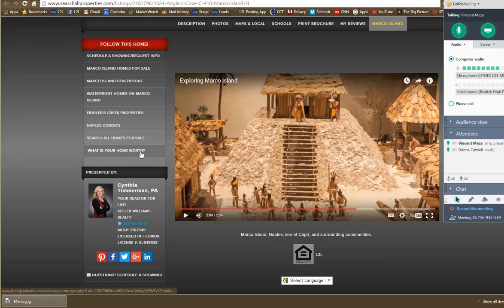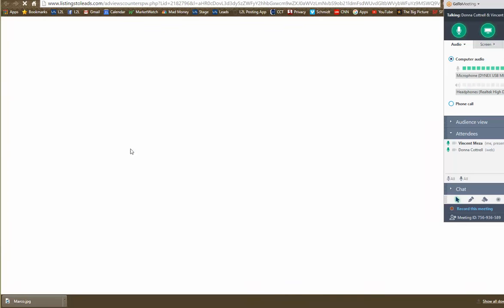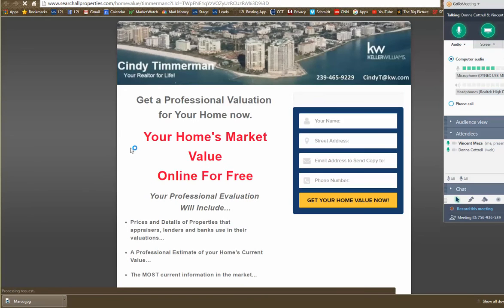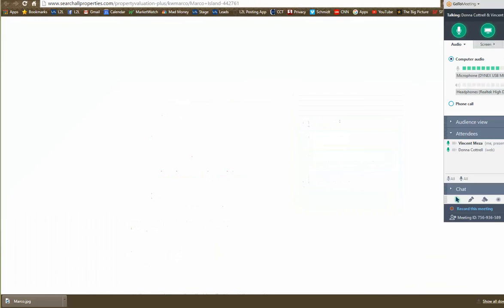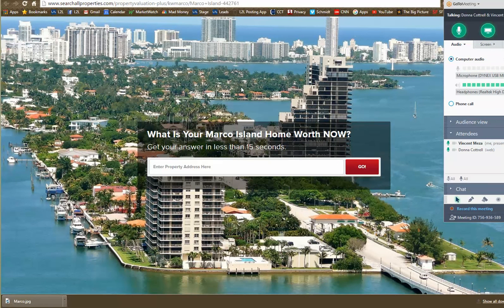I want to point out two things. We're going to get into the property valuation thing, and then we'll jump off. There is a what is your home worth link right here that you can associate, and this is our old school squeeze page. This can work really well. But if you want something like this, which I think works a little bit better, you can copy this link